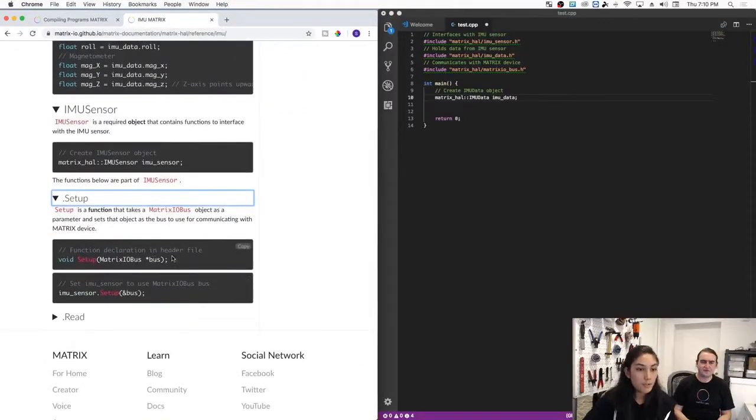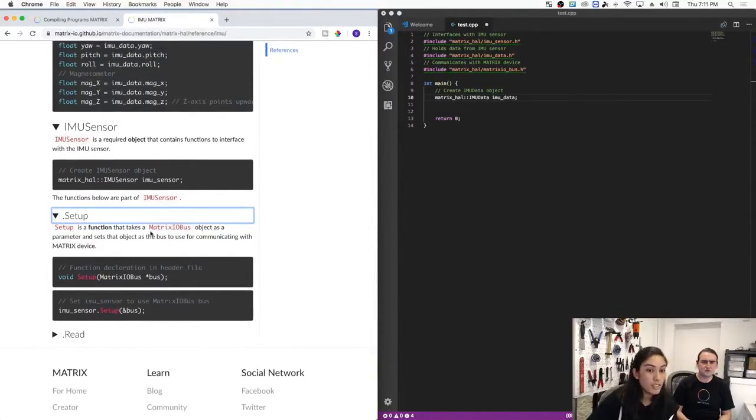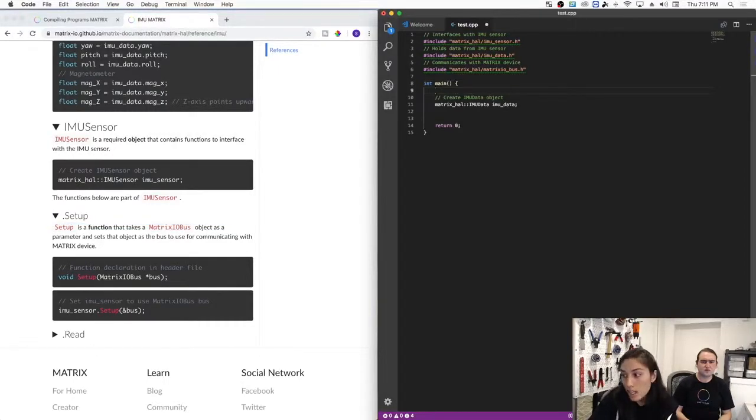So it says for starting off, I would need to make a bus to open up the lines of communication, and that is as simple as going into the matrix HAL library and